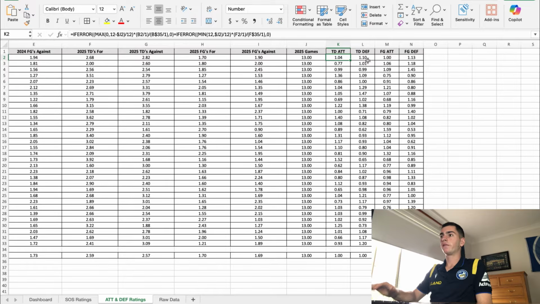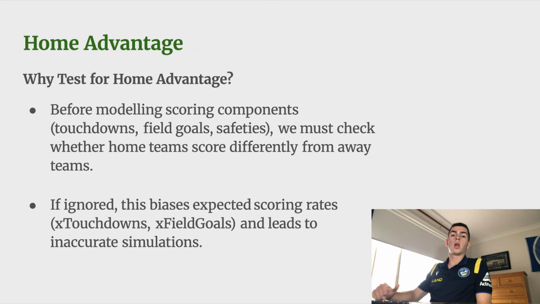These attack and defense ratings become the foundation for computing expected touchdowns and expected field goals, which drive every simulation in the model, which of course we'll need to generate the probabilities at the end for the 3 markets. However, before we choose any probability distribution I just mentioned in order to model touchdowns, field goals, safeties, and extra points,